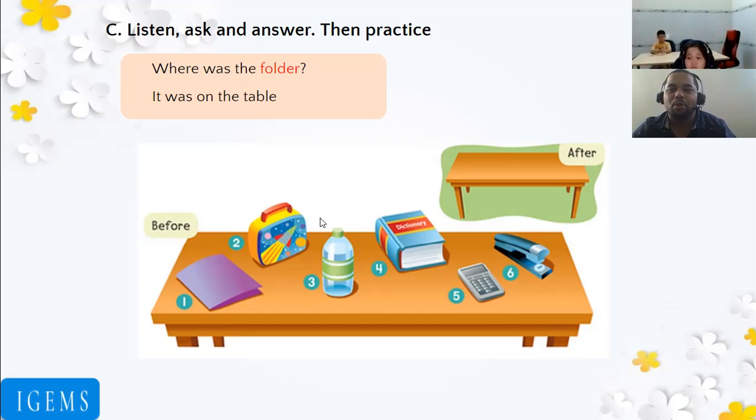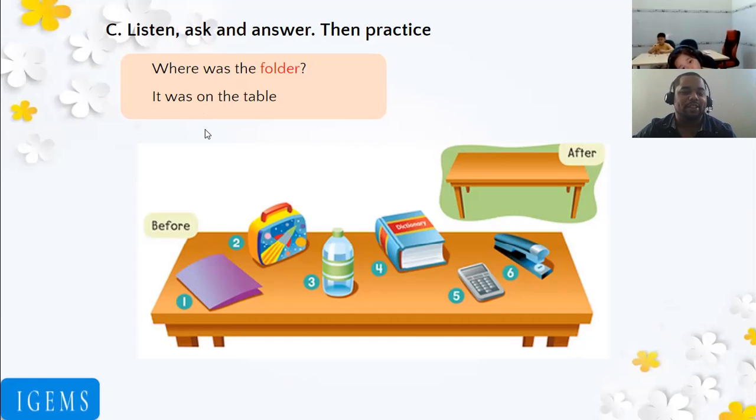I am gonna help you one more time. The folder, or you can also say it was on the table. Okay, where was the folder? It was, can you hear me? It was,